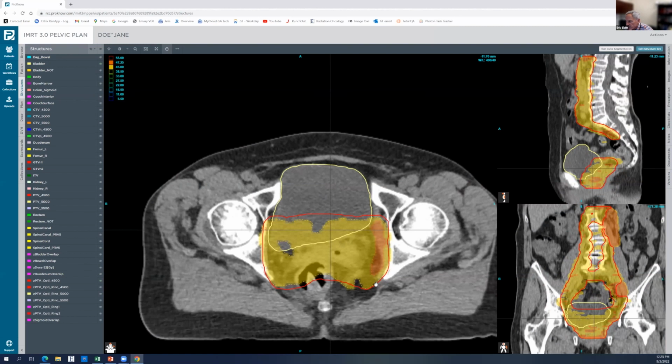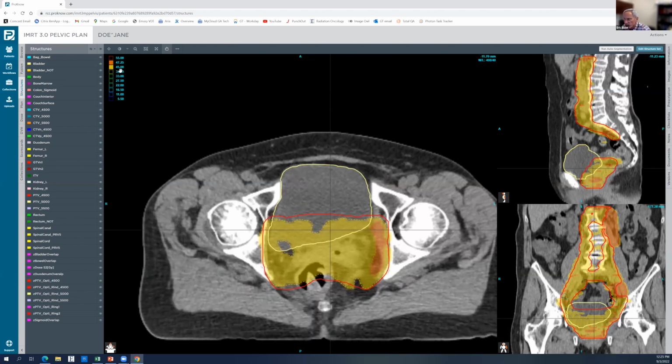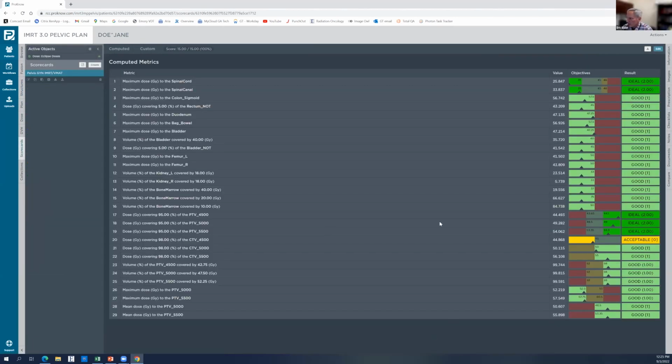So you're probably saying that that's not a great dose on the PTV 45, but actually it matched remarkably well. So I should turn back on the 48. The scorecard would show that it gave a reasonable result. So looking at that, it comes up with pretty good values. On the DVH, 95% of the PTV 4500 received 44.5, and then you can see the constraints